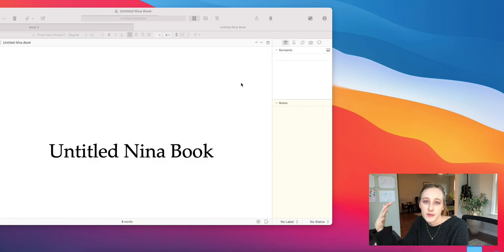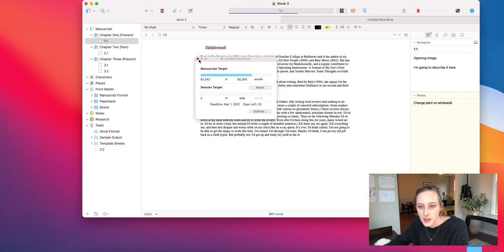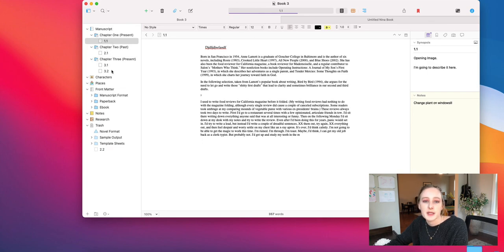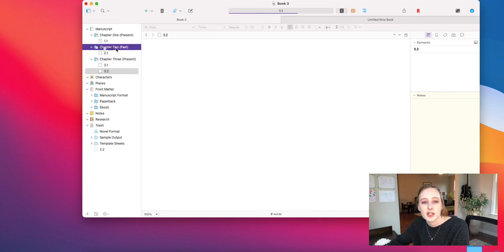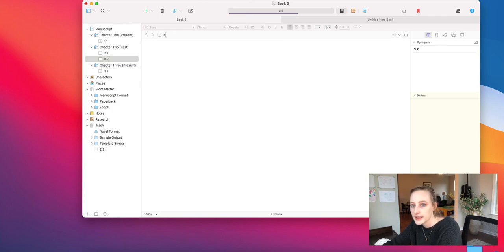Now, when I get further along, I usually have a Word document and a Scrivener doc, and I work between them both because sometimes I like to see the book in document form, because that's what I'm sending to my agent, to my editor. That's what you would query with. So definitely have both, but those early drafts, especially when I'm making huge changes, and let me open this up again,